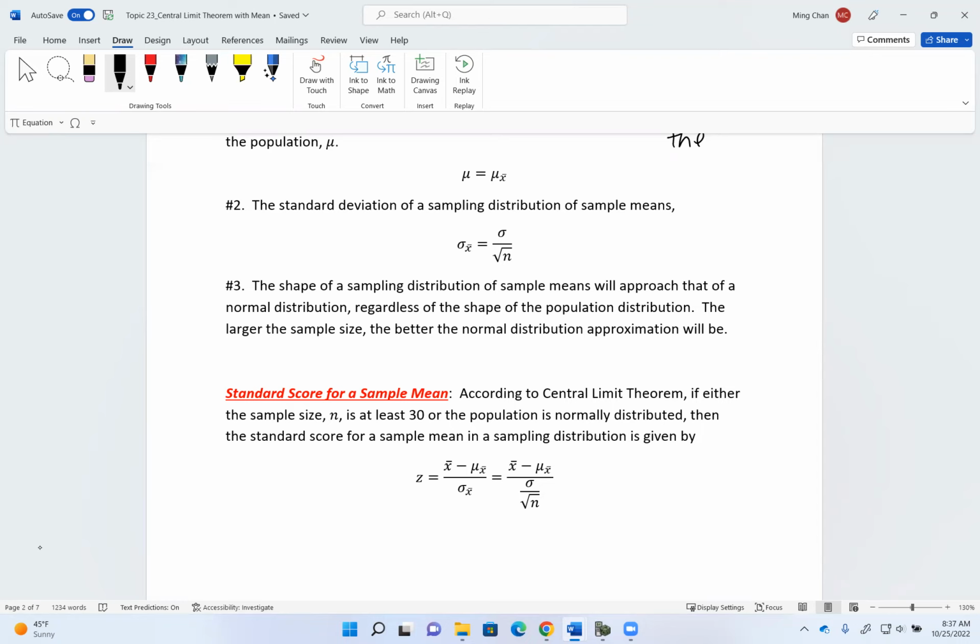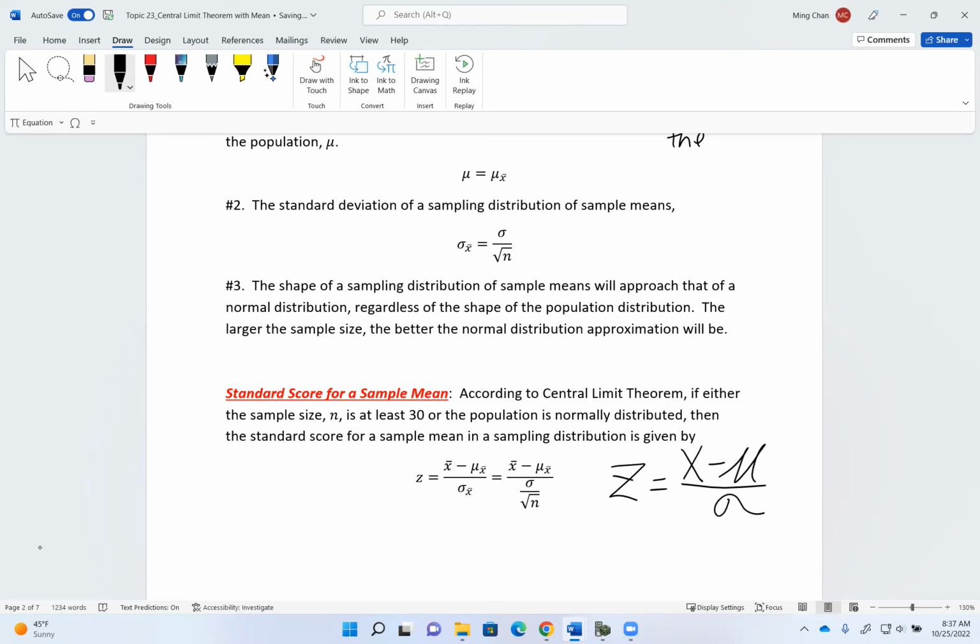So this is where it is weird. Before, the formula was random variable X minus the mu divided by standard deviation. But our random variable now becomes X bar, the sample mean. So this is going to be the sample mean minus the mean of the sampling distribution X bar, divided by the standard deviation of the sampling distribution of the sample means, which is equal to, look up here, sigma sub X bar is equal to sigma over square root of n.